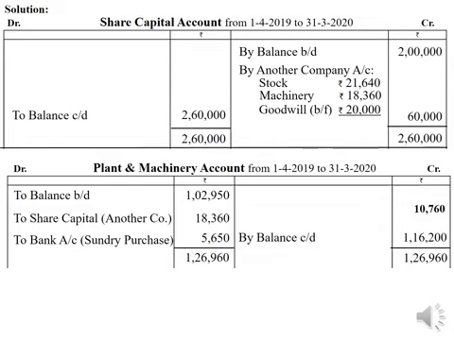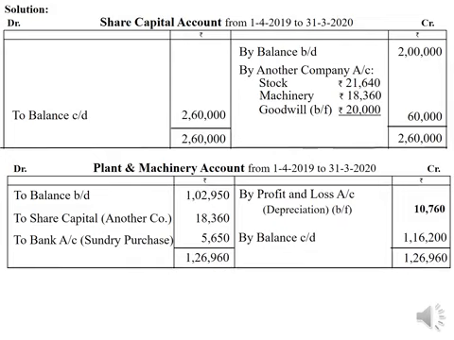No depreciation is given in the problem. It cannot be taken as sales. Therefore, take it as depreciation, balancing figure, and transfer it to profit and loss account. You cannot take it as sales because depreciation has not been charged during the year on plant and machinery. So it is natural that the balancing figure on credit side will be treated as depreciation and debited to profit and loss account.